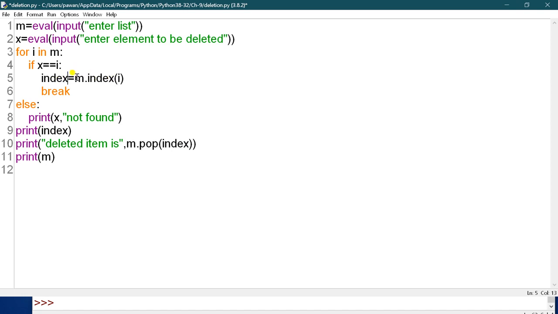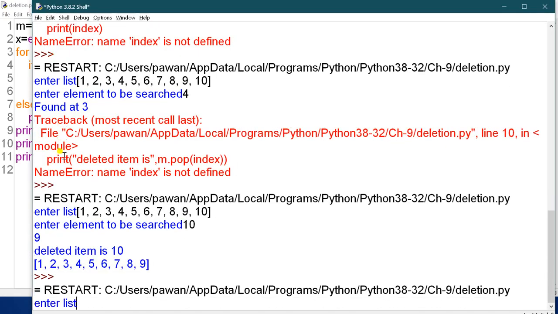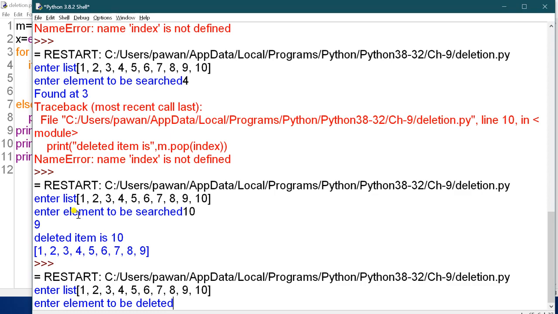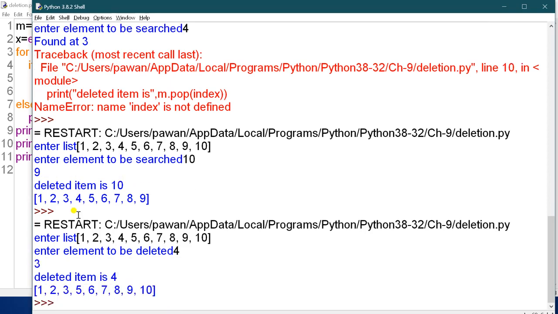Okay, so you have to write this line, then you have to print index and it will delete the item. So run it again. So now just enter the list, for example this one. So enter the element that you want to delete, suppose 4. So the deleted item is 4, okay, so this 4 will get deleted.